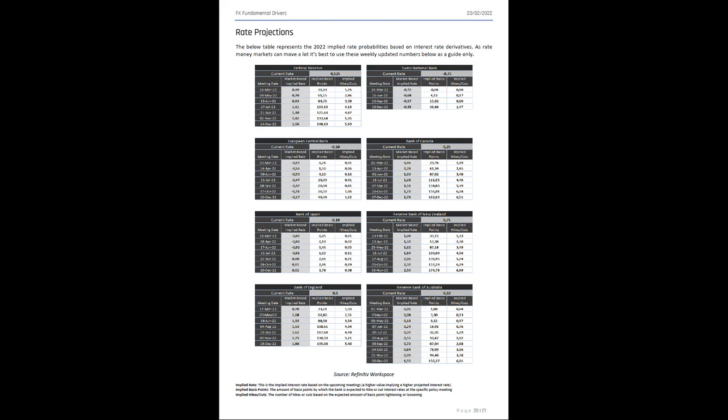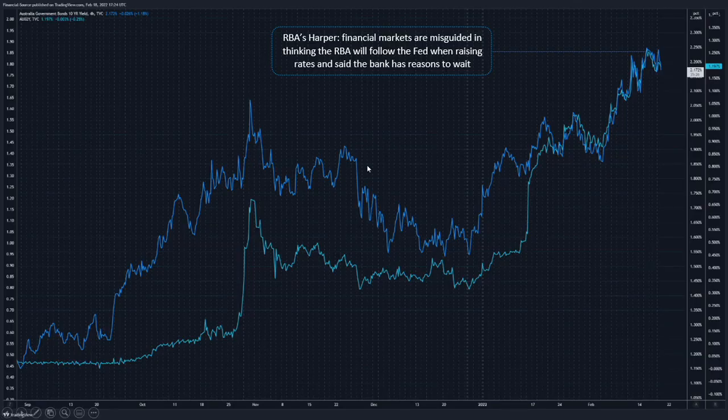But again, it shows us that the markets aren't really believing what the RBA has had to say. If we take a look at the bond market's reaction, it barely flinched on the back of these comments. So that shows us that the markets right now just aren't believing the RBA when they're trying to keep up this dovish facade. And again, I think that bodes well for that upside bias for something like the Aussie CAD.